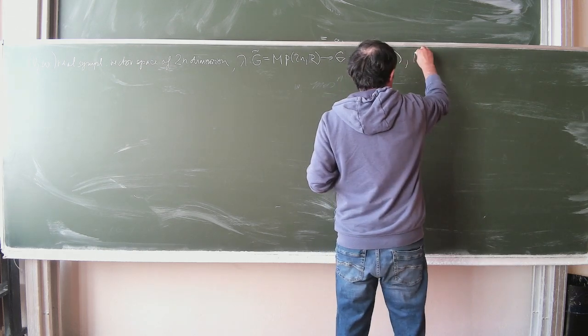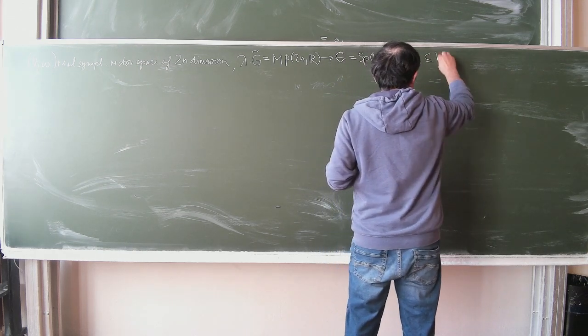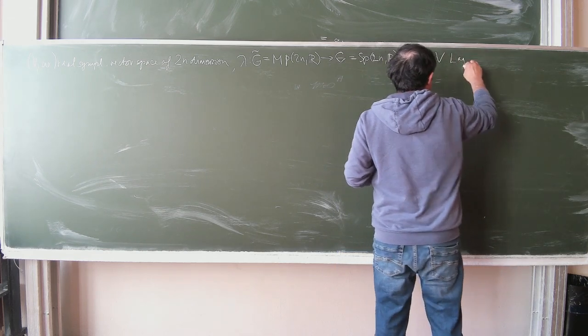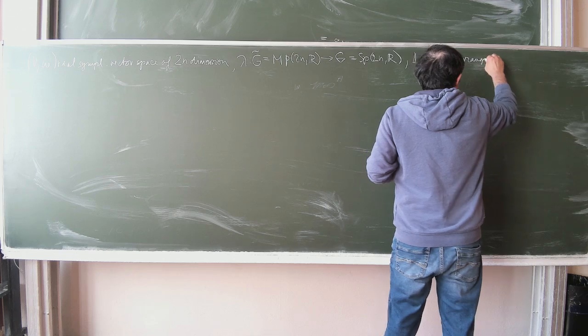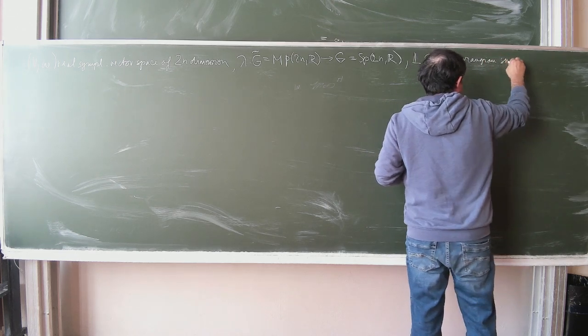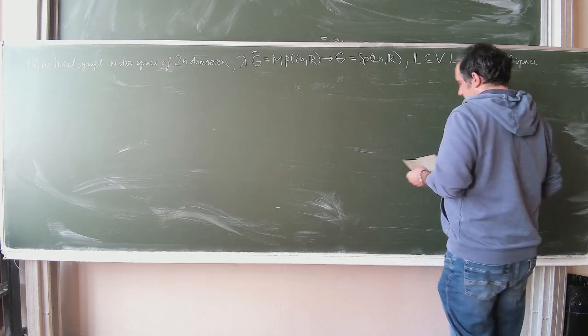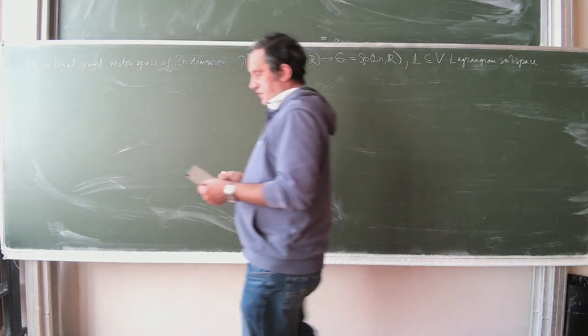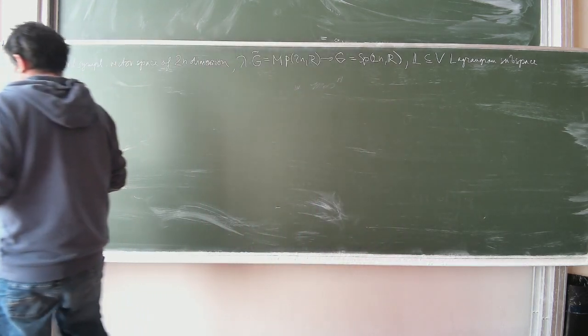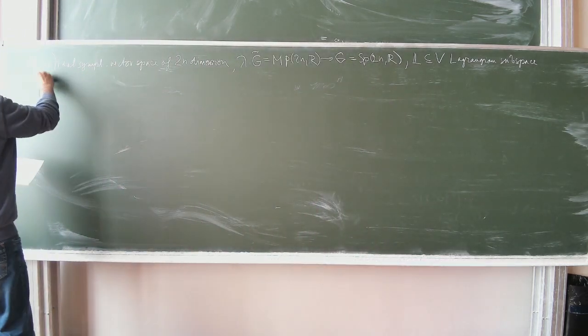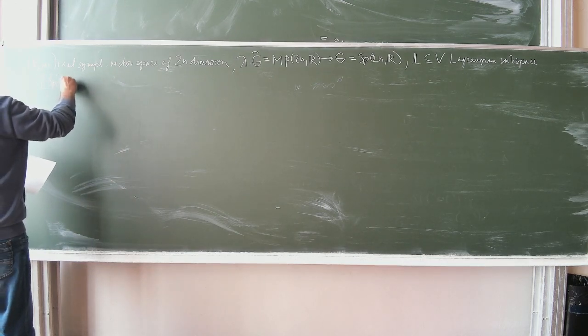Then we chose a Lagrangian subspace, maximal isotropic in V. This is parallel to the spin n covering